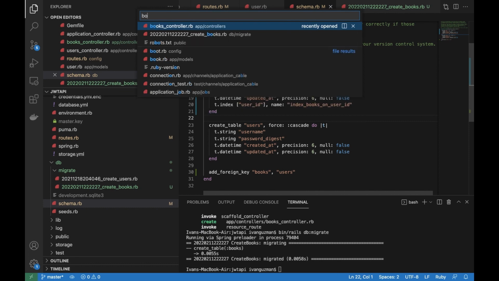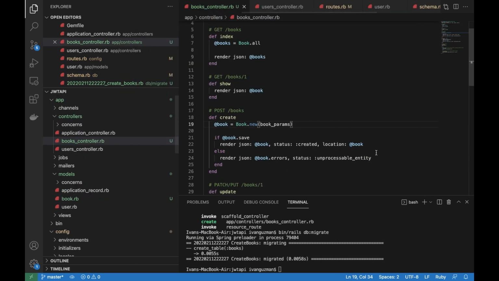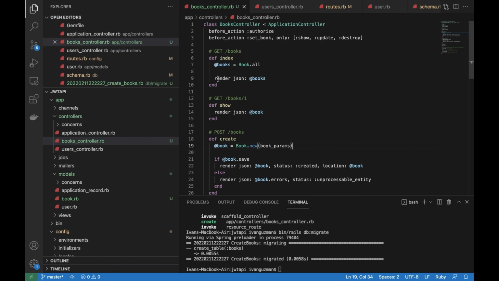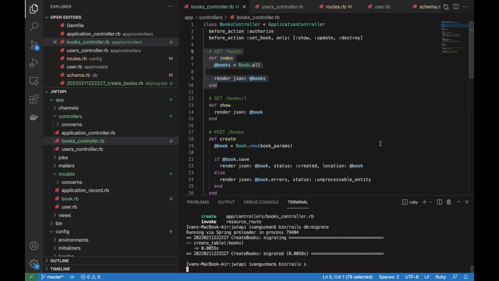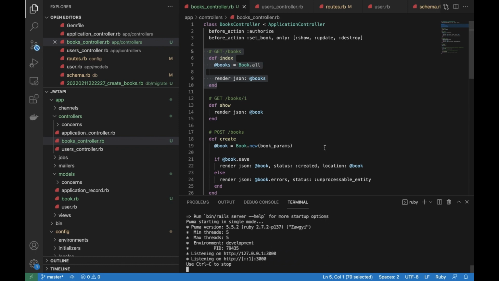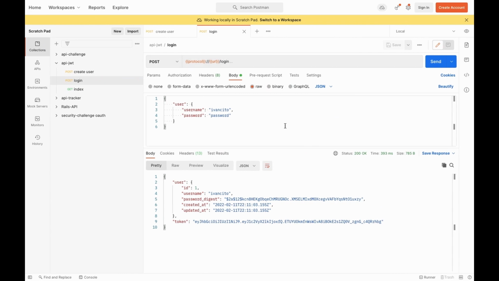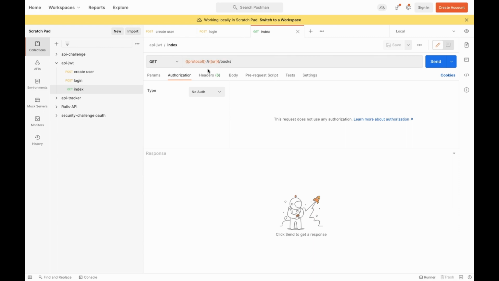Okay, so let's test one of our actions. I will test the index action. As you can see, I will use the path books, and the method will be get. Let's run our server, and I already created the request, and let's see if it works. Let's run it,